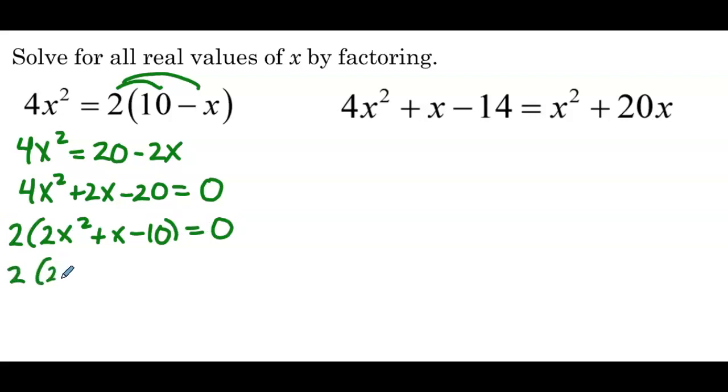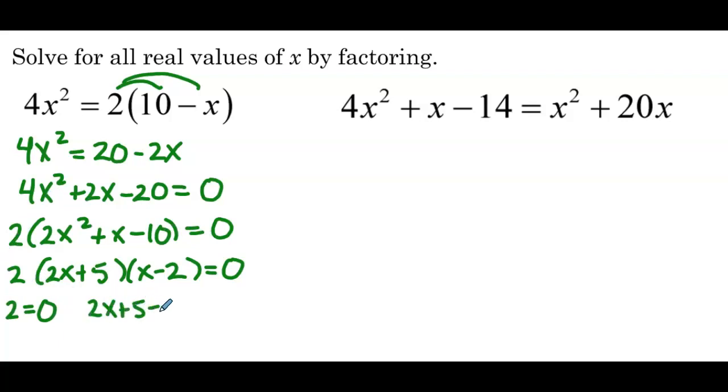Now we factor the trinomial. So we have 2x and x to start out our factors. So let's see, factors of 10, we need to place them so we get positive 1 in the middle. So let's see, what if I go 5 and 2? Well, I'd have 5x and 4x. So if this is positive and that's negative, that would do the trick. So we set each factor equal to 0, so 2 equals 0, 2x plus 5 equals 0, x minus 2